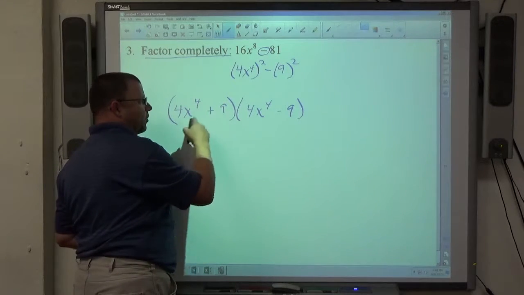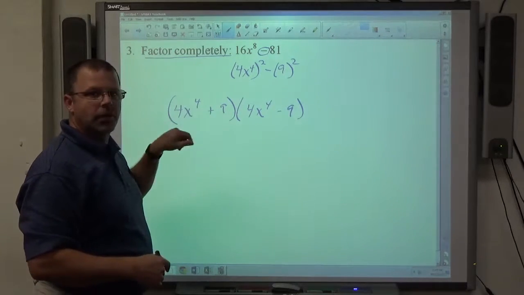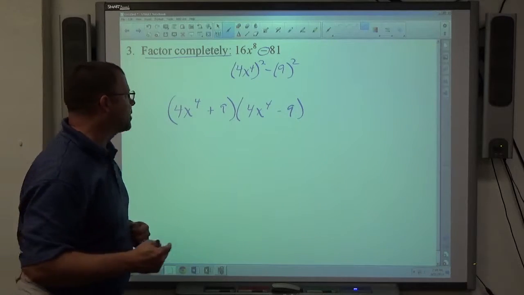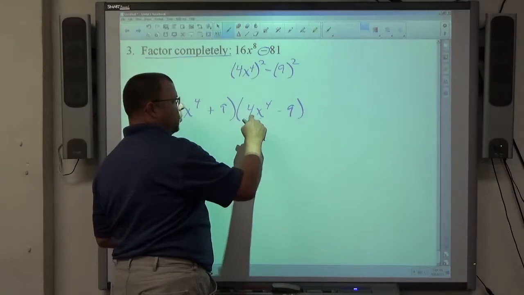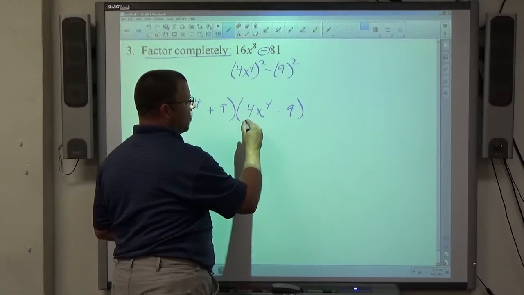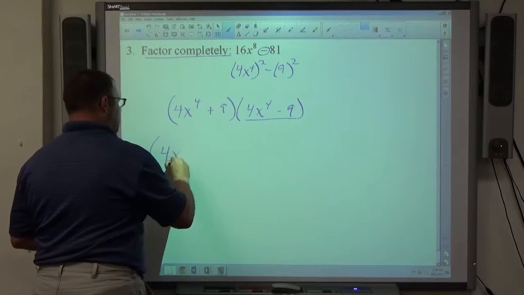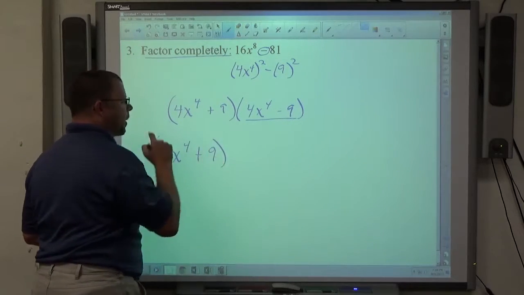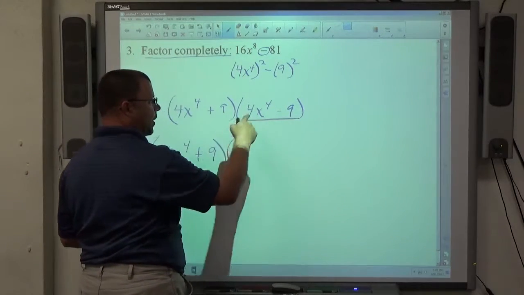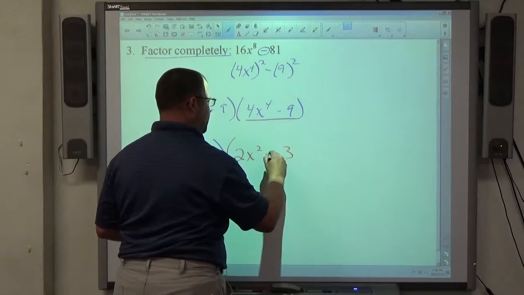is that this is a sum of squares, 4 is a perfect square, x to the fourth is x squared squared, 9 is 3 squared, but they're being added together, so factoring that's not possible. Where here, 2 times 2, x squared times x squared, 3 times 3 being subtracted. This is another difference of squares right here, so that factors again. So I'm going to keep 4x to the fourth plus 9 as is, and I'm going to take the second factor here, and I'm going to factor that as a difference of squares. 2x squared times 2x squared, 3 times 3, 1 sum,